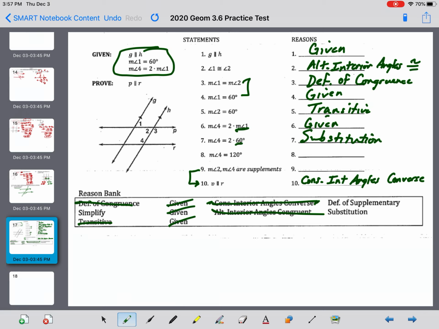That's substitution. Number 8 is simplify because you're just multiplying 2 times 60. And number 9 is definition of supplementary, 2 and 4, because they add up to 180. And then if you know they're supplementary,